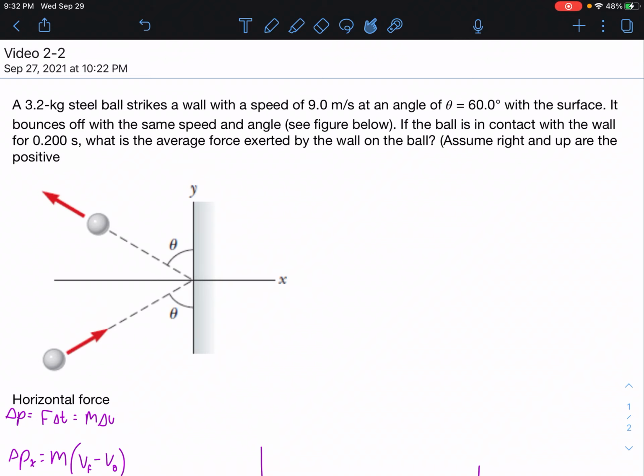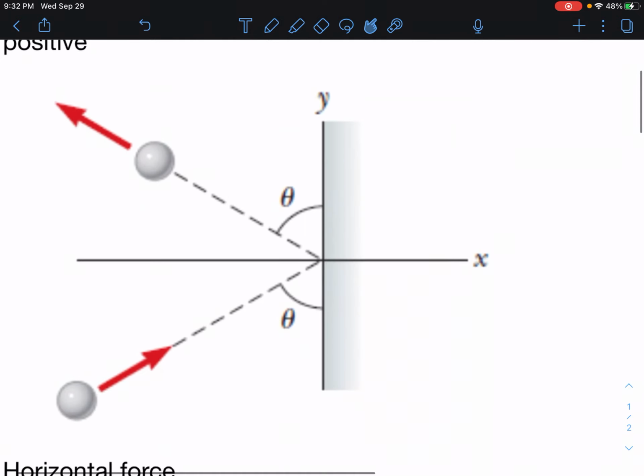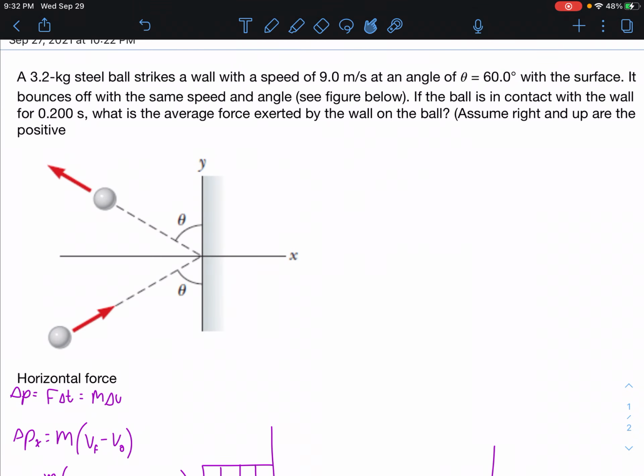A 3.2 kilogram steel ball strikes a wall with a speed of 9 meters per second and an angle of 60. It bounces off the wall with the same speed and angle. If the ball is in contact with the wall for 0.2 seconds, what is the average force exerted by the wall on the ball? So, this is our little diagram, and to find the force exerted by the wall,